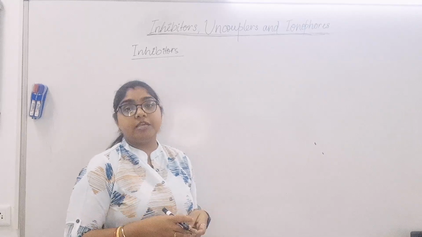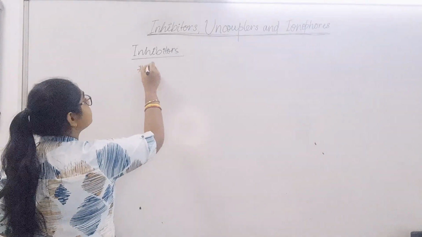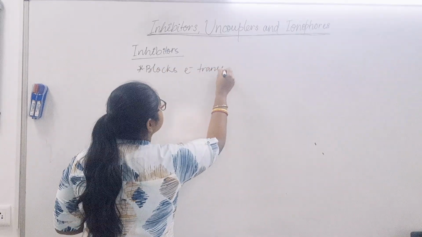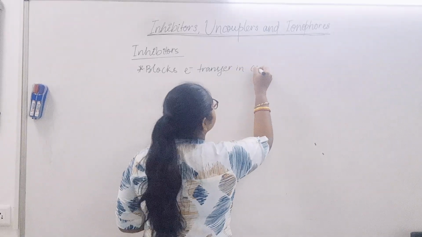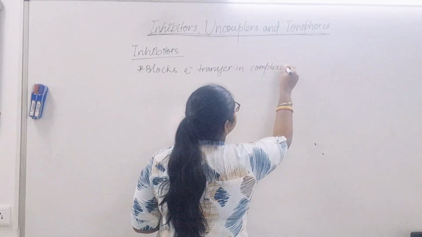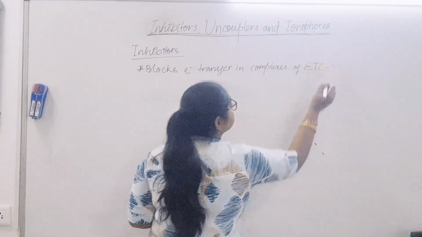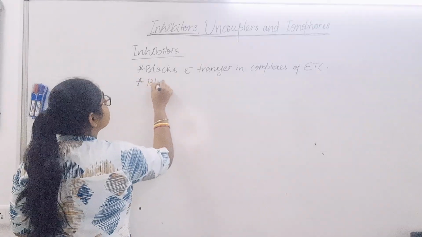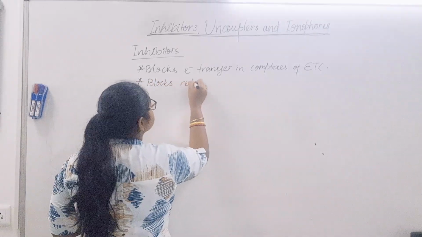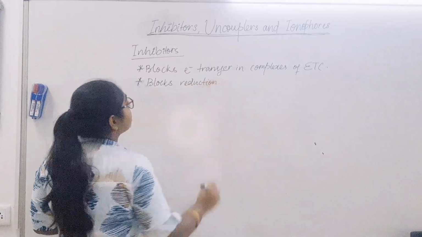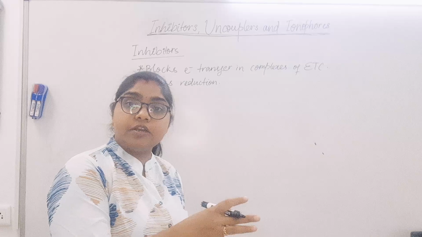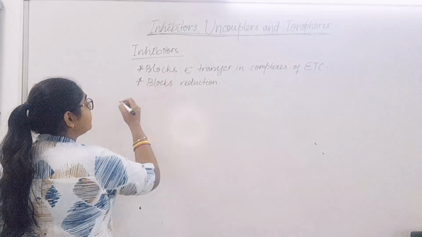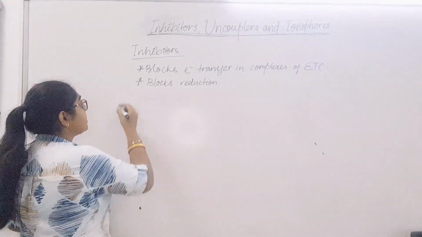Some examples of inhibitors: an inhibitor blocks the electron transfer in complexes of the electron transport chain, and it also blocks the reduction process. Basically, the electron transport chain starts with the reduction of NADH and FADH2, and it blocks the reduction process. So there are different types of inhibitors. Some examples are